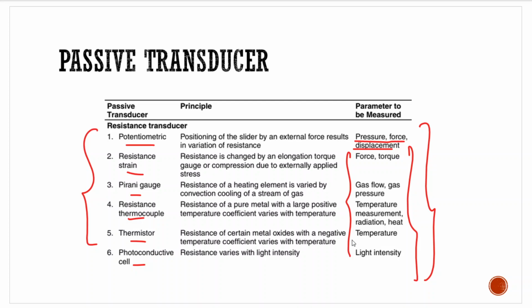So all these devices we have to study. Most of these devices we have to study one by one. इनका exact principle of operation पढ़ना है हमें. इनकी block diagram, इनकी circuit diagram जो भी है वो सब कुछ हमें देखनी है. We'll go through all those things. So accordingly, we'll be able to see how we are able to measure pressure, force, temperature, light intensity using resistance transducers.